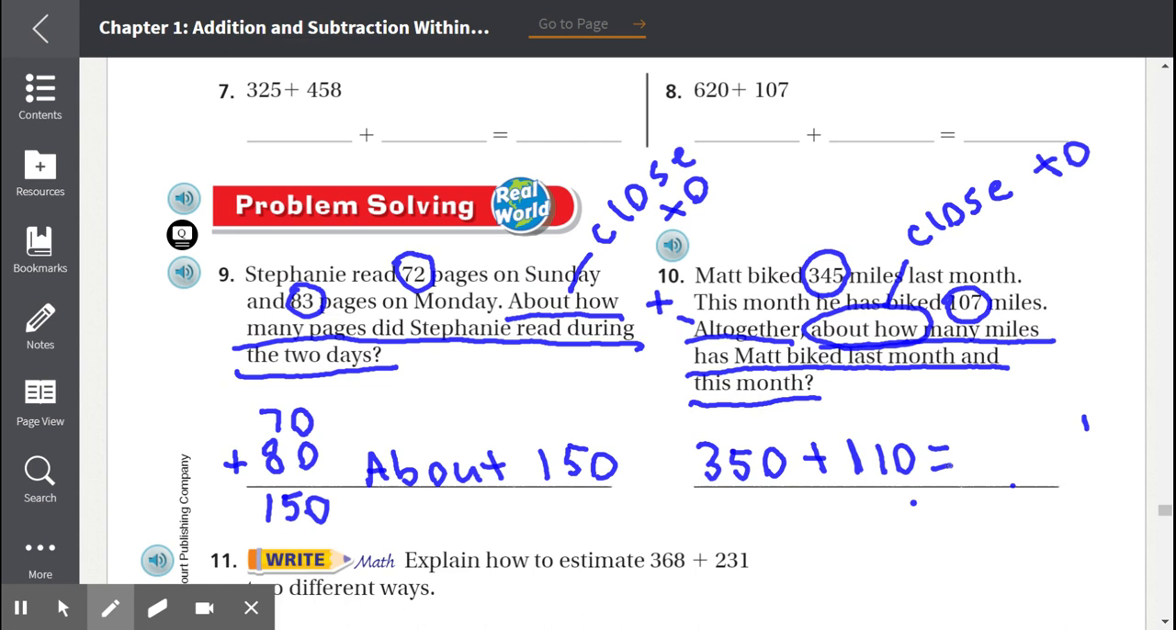Now, when we add these numbers together, remember, we don't add going horizontally, so let's add it vertically. So we're going to rewrite it vertically. 350 plus 110. 0 plus 0 equals 0. 5 plus 1 equals 6. 3 plus 1 equals 4. 460. So about how many miles has Matt biked last month and this month? About